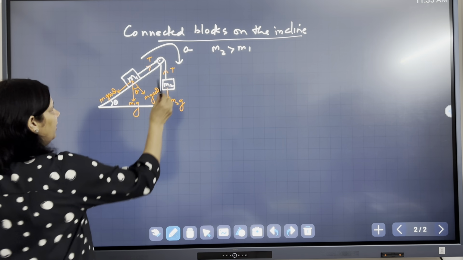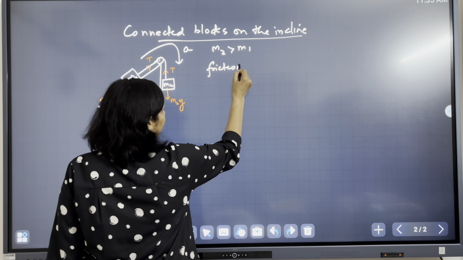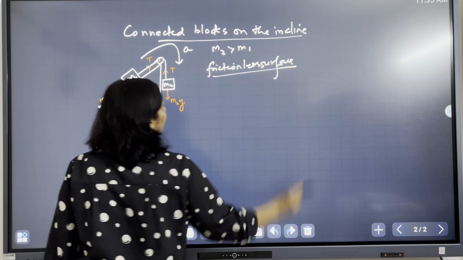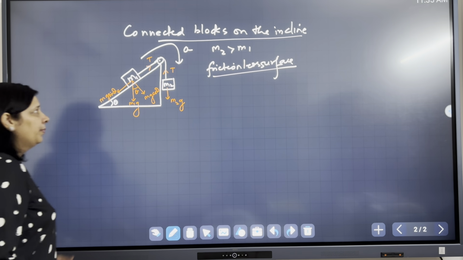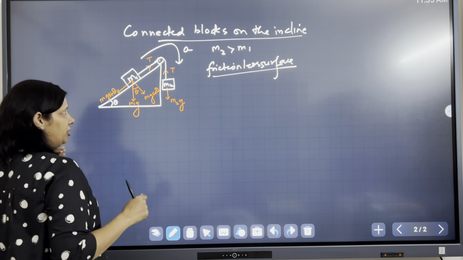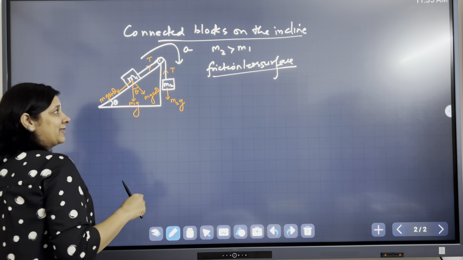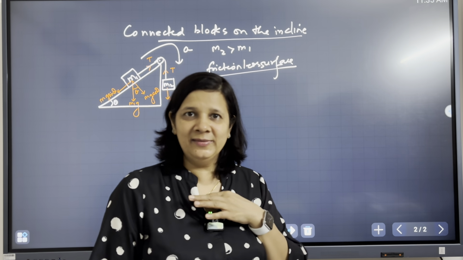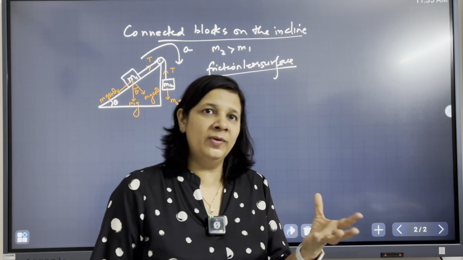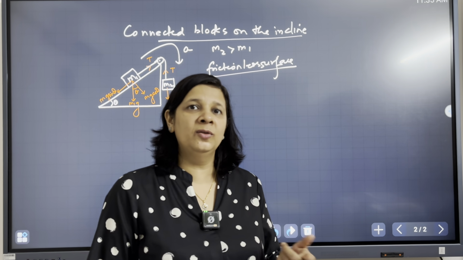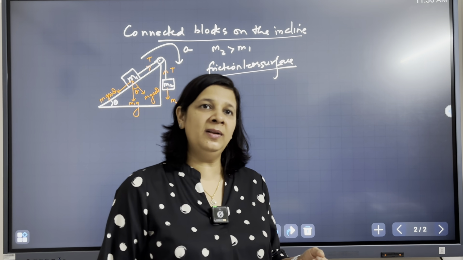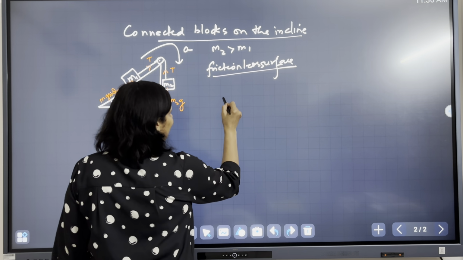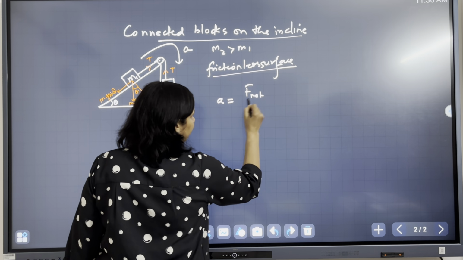There is no friction, okay? Friction is ignored. Frictionless surface I am taking. Now, this is the direction of the motion. So, how to find the acceleration? Can we write directly the acceleration of this system? Yes, we can. F net over total mass, that we have learnt earlier. We can ignore the internal forces, that is the tension, because they are equal and opposite, they will cancel each other. So, I can write directly the acceleration as F net over M total.